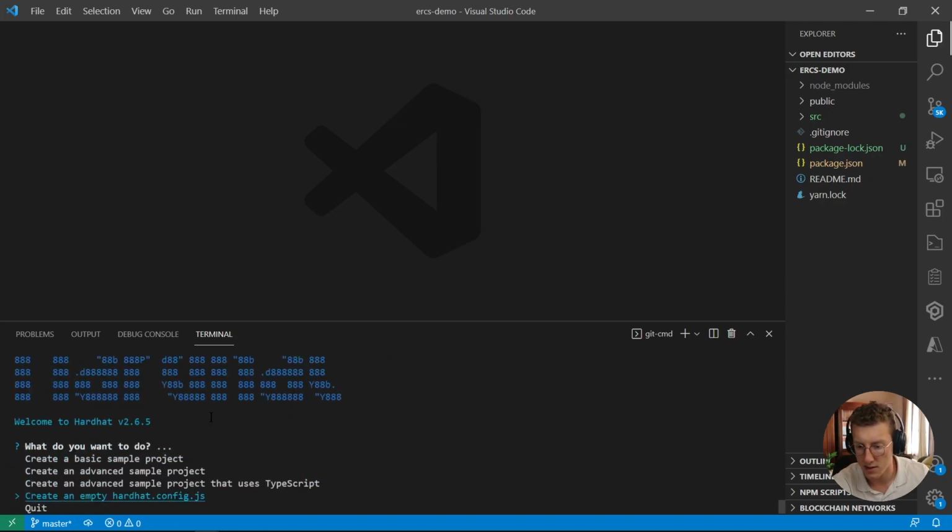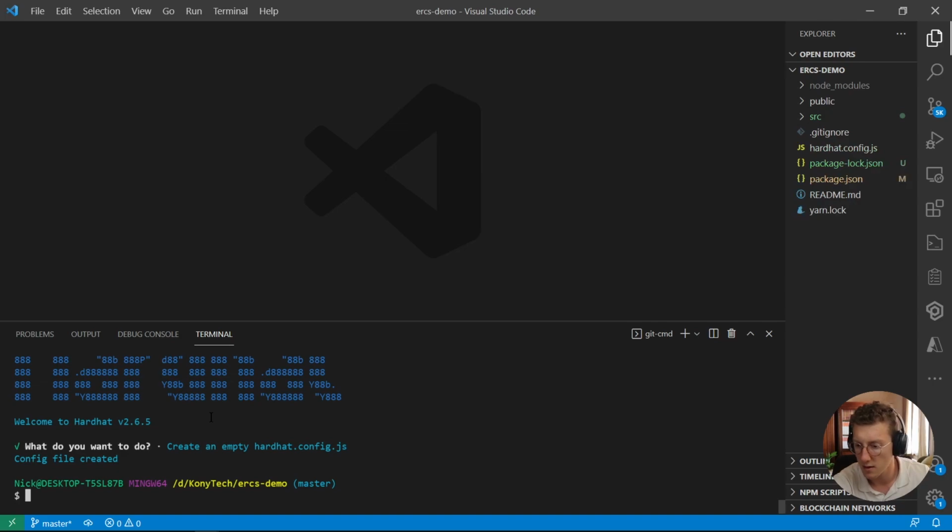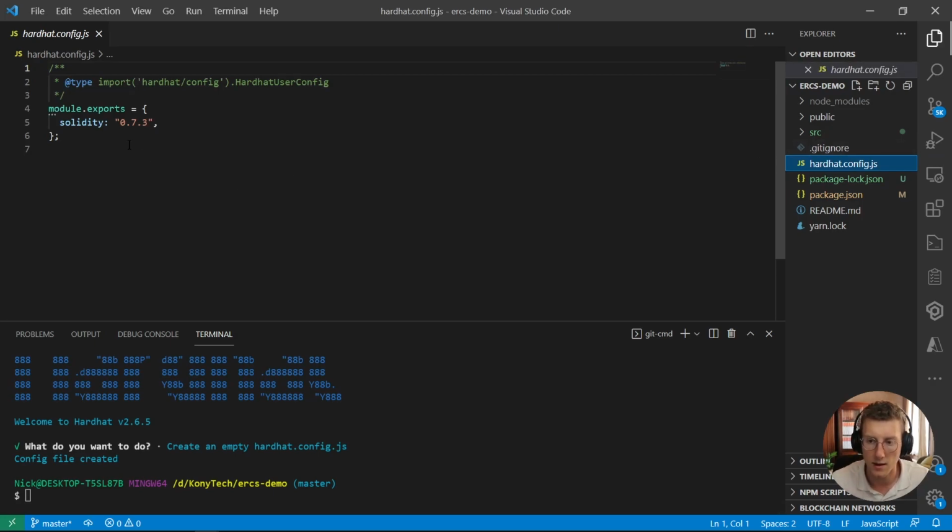And now just select create an empty hardhat.config.js. Okay, great. We have it here. Open it, and now it's saying the version of Solidity will be 0.7.3. So actually, we want a more recent version of it. So we're just going to go with